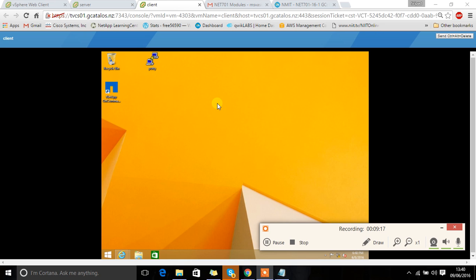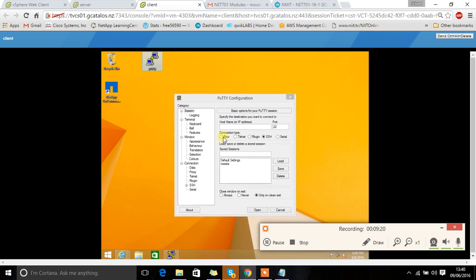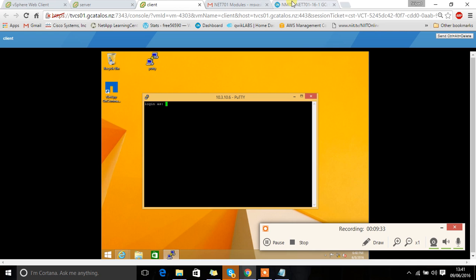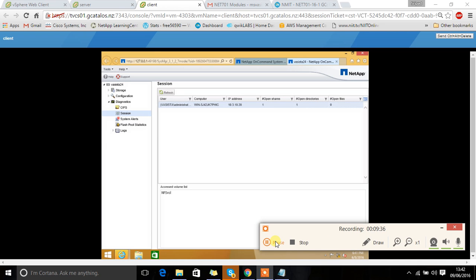You can also modify the user permissions by logging into PuTTY and giving your IP address here, and you can follow the remaining steps by looking into the documents. You can display the CIFS sessions in the NetApp System Manager and Computer Management by logging into the NetApp Manager. Select diagnostics and there select sessions, and there you can click on the system tools